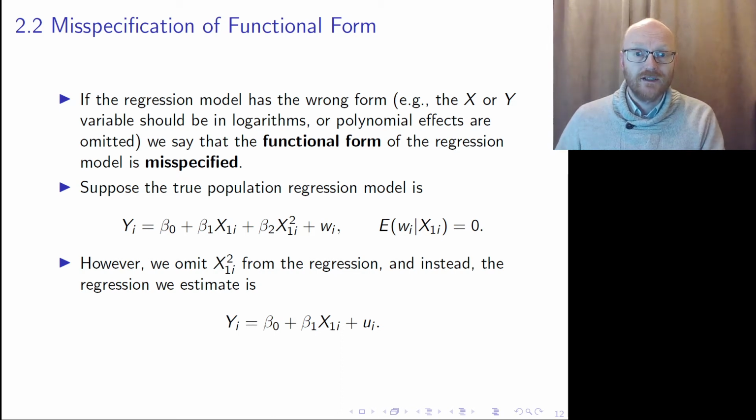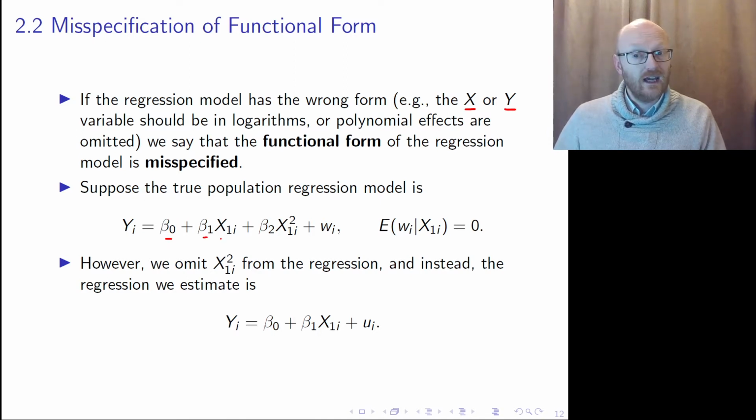We're now talking about misspecification of functional form. If one of the x variables, or the y variable, should be in a different functional form, should be in logarithms or in a certain power, then we say that the functional form of the regression is misspecified. So let's assume that the true population regression model is